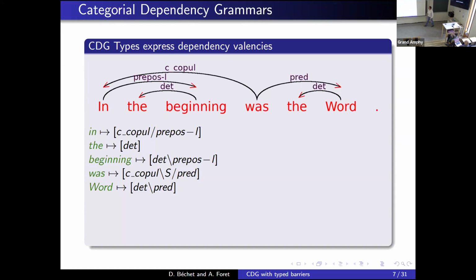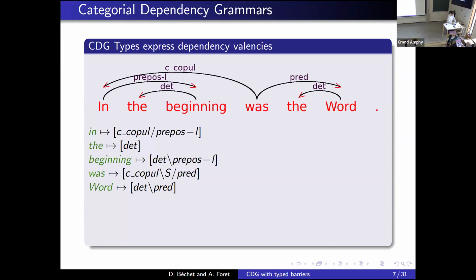projective dependencies. And if you know categorial grammar, it's relatively easy. For instance, for a word, we have the actual center as the head of this side, and we have an argument on the right, which is the direct object dependency, and an argument on the left that corresponds to the subject dependency. It has one subordinate on the right and another subordinate on the left. At the end, we have in fact S that corresponds to the axiom,